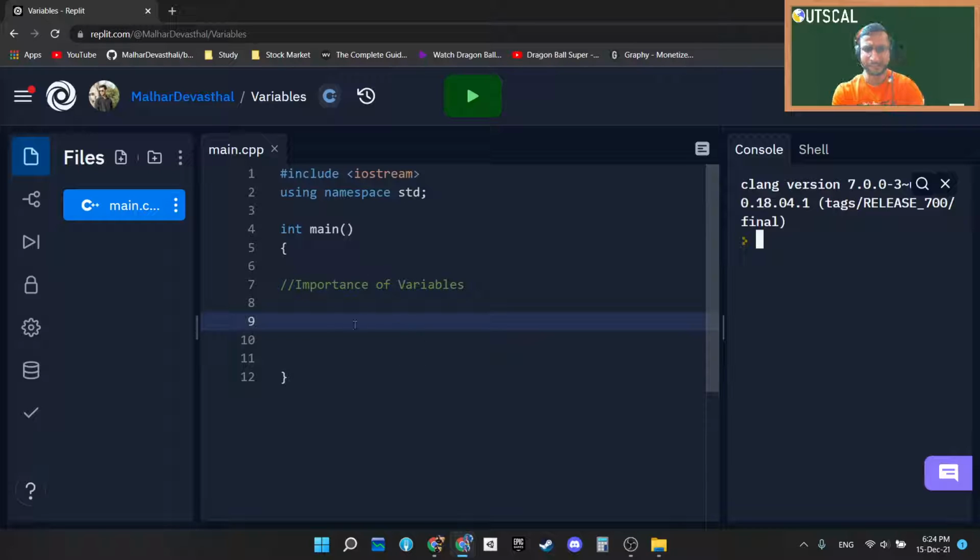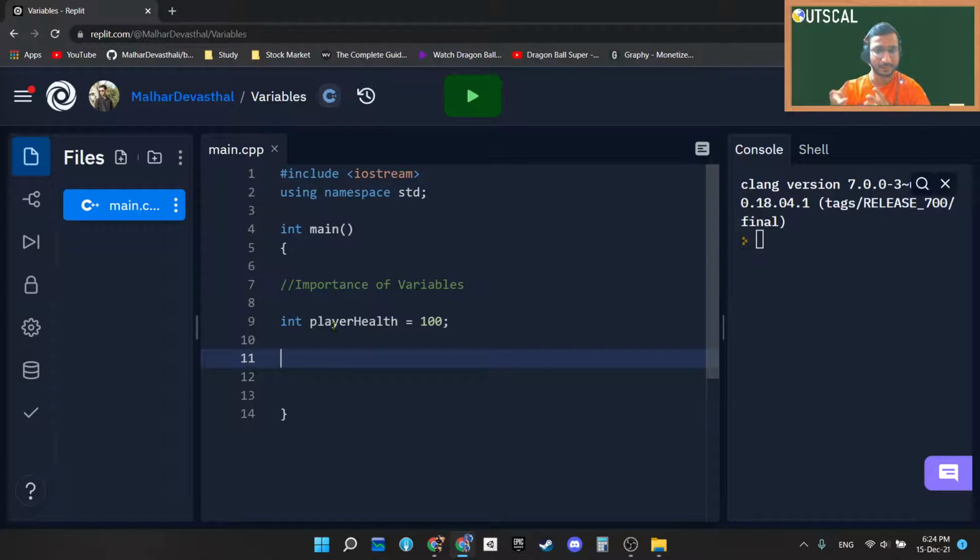So I will again take the example of the gamified world. Let's consider we have a variable of player health. I'm just assigning this the value 100. Suppose there are many places in games where player health is a thing that can be accessed or used by many other things.